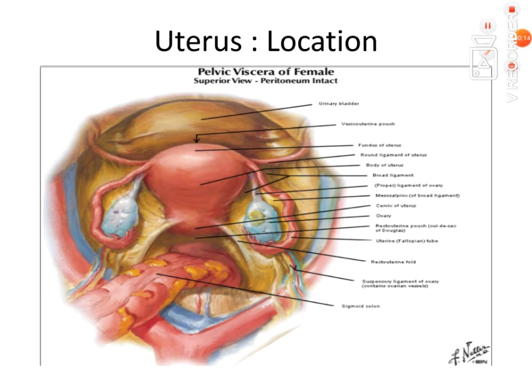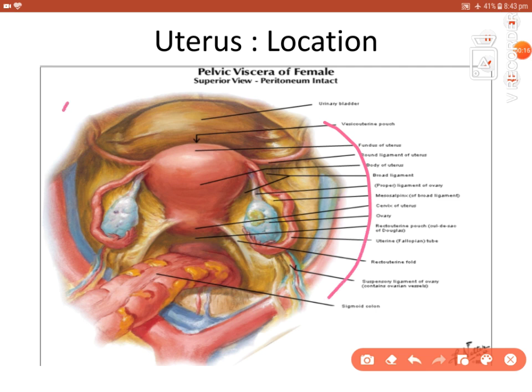Coming to the location of the uterus, what you're seeing is the superior view of this pelvis, this lesser pelvis. This is the anterior. There you can see the bladder. This is the posterior rectum. This sigmoid colon continues here. This is the rectum. See, in between this bladder and the rectum,